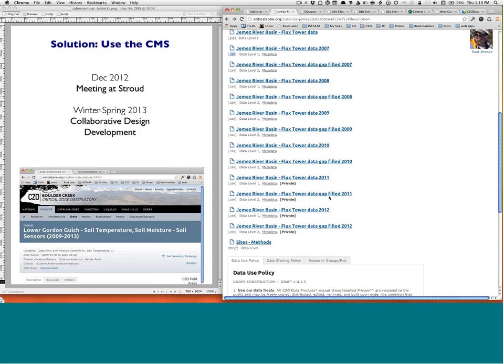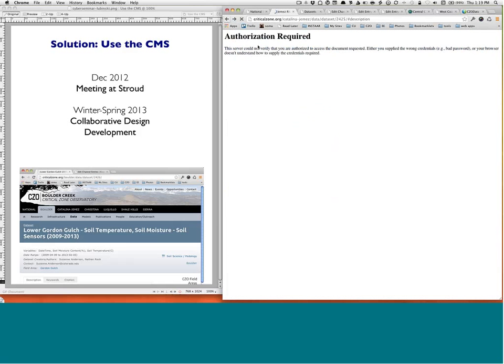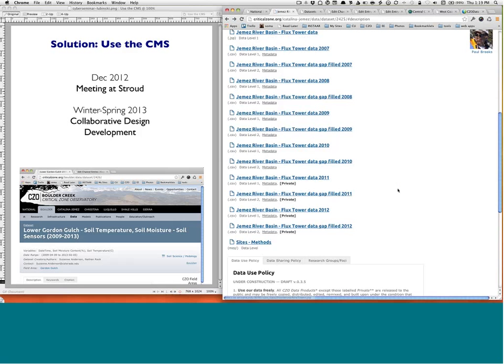So, for example, if I click on this private data set, then the system that has been set up by Matei at Catalina Jimenez will prevent me from actually getting to that CSV file. So backing up here a quick step, a couple other things I want to point out is that one